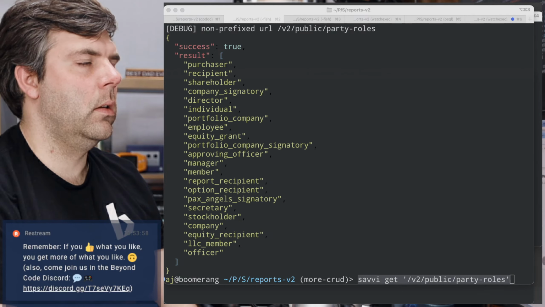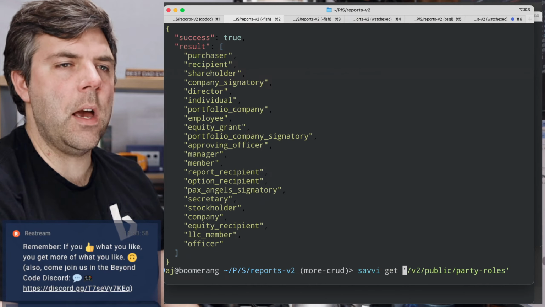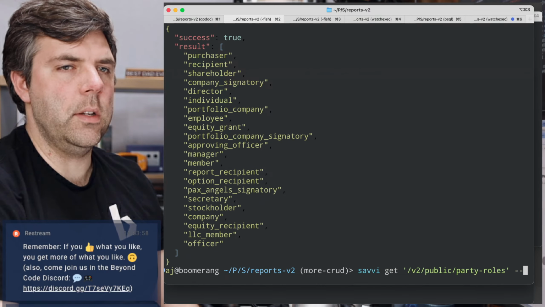I also need this to print out the curl. I need to have something like --curl and have it print out what the curl equivalent is or what the fetch is.